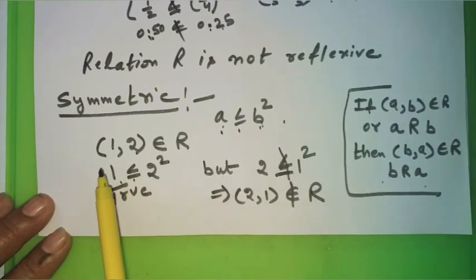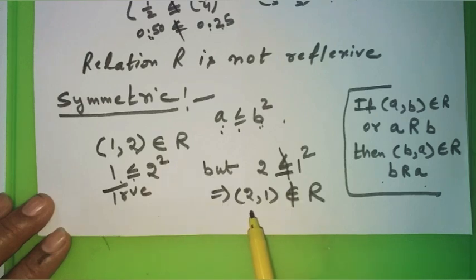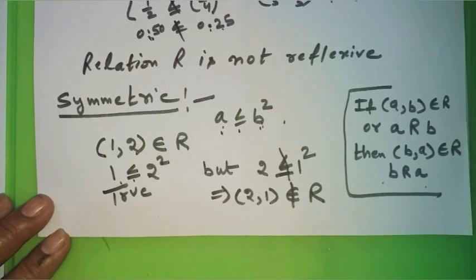So, we have seen that the ordered pair (1, 2) belongs to the relation R, but its reverse ordered pair (2, 1) does not belong to the relation R, and it proves that the relation is not symmetric. We can create many more examples, but it is enough to give 1 or 2 examples. Even if you give 1 example, it is enough. You can give at the most 2 for your own satisfaction. So, it is proved that the relation is not symmetric.